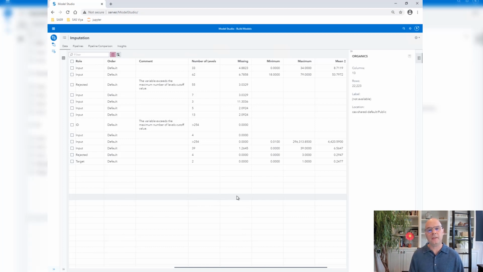And just by looking at that column, we can see that most of the input variables have at least some fraction of missingness. So we know it's an issue. As we move forward in the analysis, we should consider imputing for missingness. I've pre-built a couple of pipelines and even pre-run a few of them just to help the video go a little bit quicker. Let's take a look at what I've done.